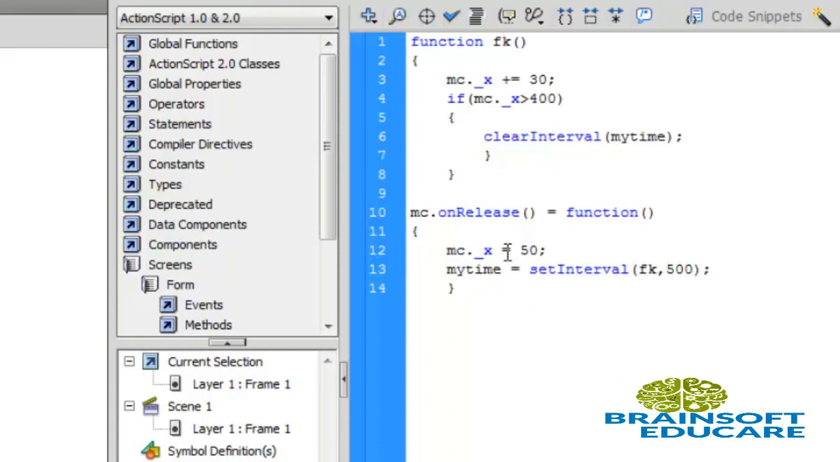so whenever we will click on this box, at that time this function will be executed and it will set the x position of this box at 50, and then this fk function will be executed every 500 milliseconds, okay, means 0.5 seconds, and each time its x position is increased by 30 value, and whenever it is on 400 value, at that time this moving box will be stopped. Okay,